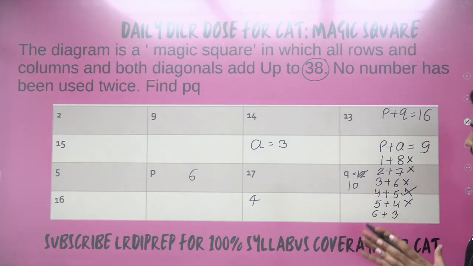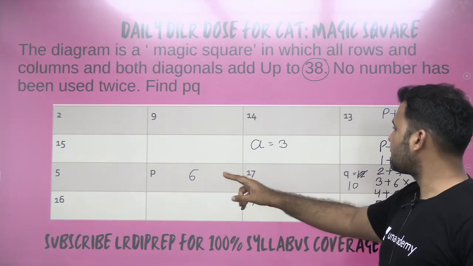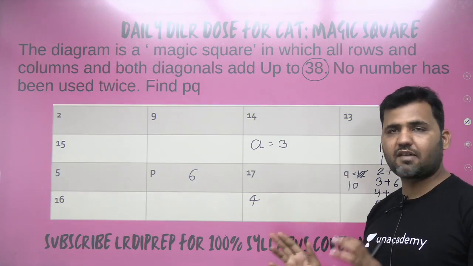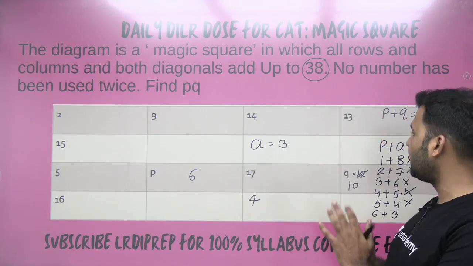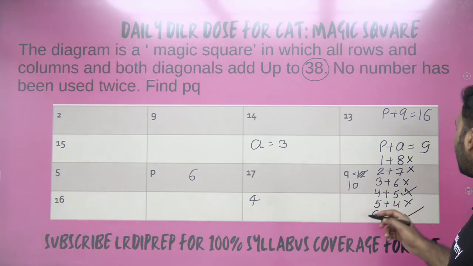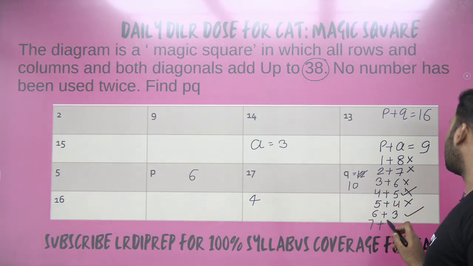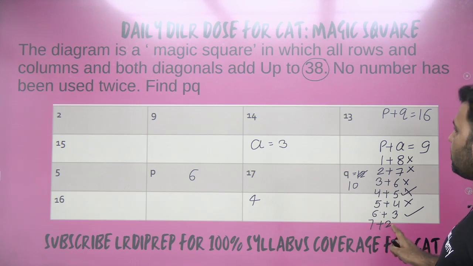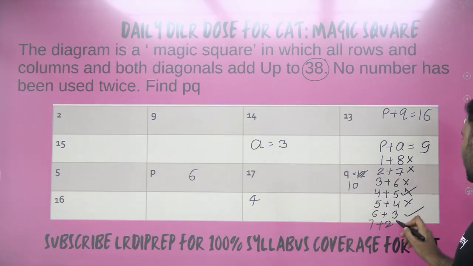You see that now all these digits which I am getting, 6, 3, 10, 4, these are the new digits. They have not been used anywhere in the matrix. So this is a possible combination here, right? This might work. If I go for the next option, 7 plus 2. You see that if I take P as 7, then Q will be 2. 2 has already been used, so eliminate it.